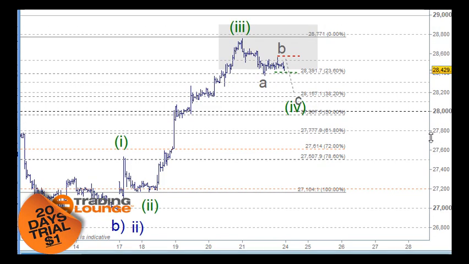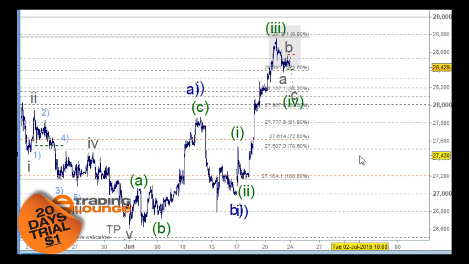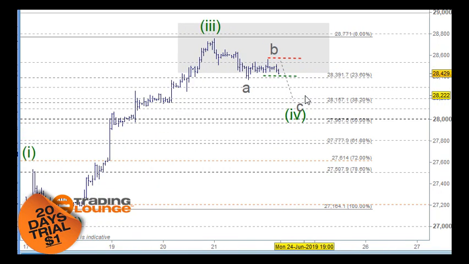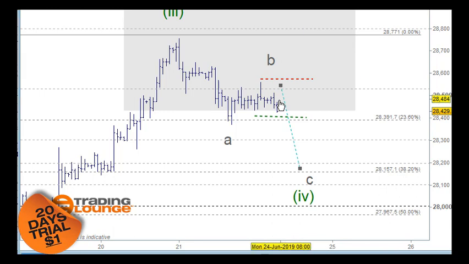So with Hong Kong, I'm a bit unsure about this count here. I mean, at first glance, looking at it as an A and a B and a C wave coming up to here, close to the 60% retracement level here, our target area is pretty much on the cards. If I was looking at it as a wave 4 here, moving with the other markets, then we can short it down to this level here, the 28,157 area.